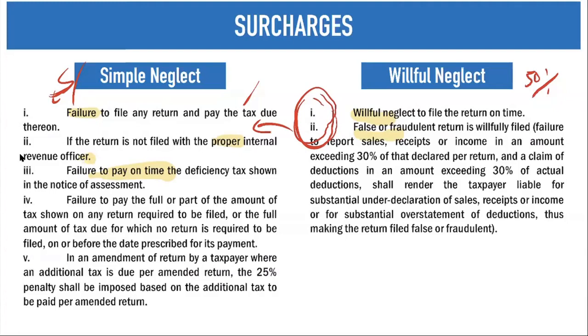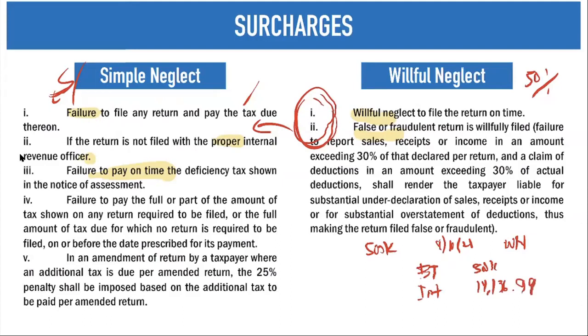So for example, dun sa ating problem kanina, 500,000 filed on August 10, 2021. Sabihin natin willful neglect siya. Guys, sasabihin ng problem kung willful neglect, false or fraudulent return. Pag hindi siya sinabi, edi simple neglect siya. Okay? Or sasabihin siya any of this one. Clear? Okay. So let's say willful neglect siya. So paano na? Basic tax, 500,000 plus interest. Na-compute natin yung interest kanina, di ba? 14,136.99